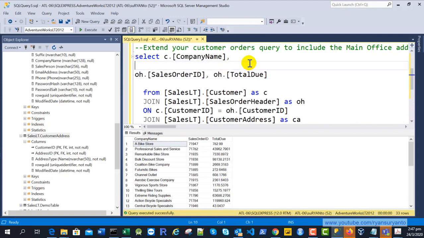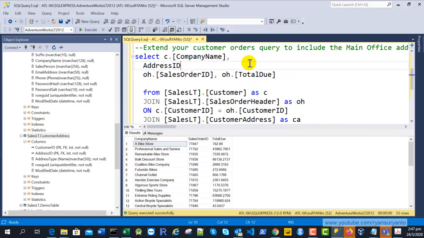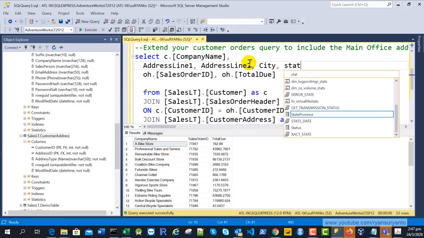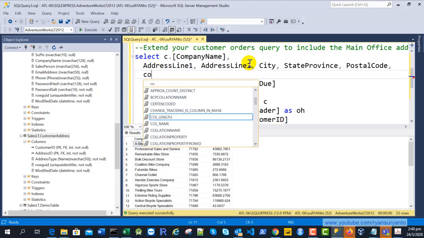We're going to add additional columns: just now the company name already, and then after that the address line 1, address line 2, city, state province, postal code, and also the country region.